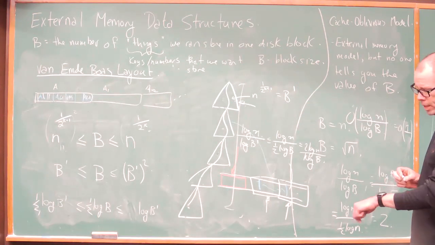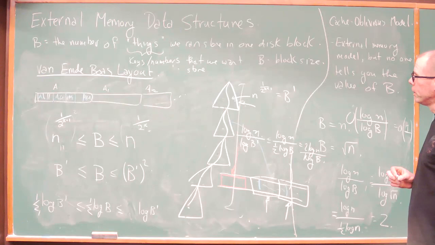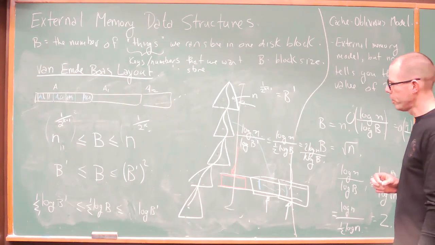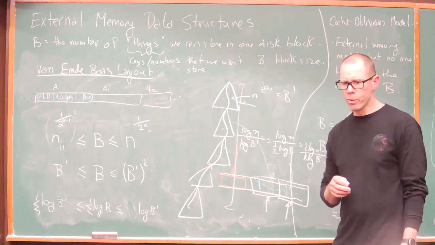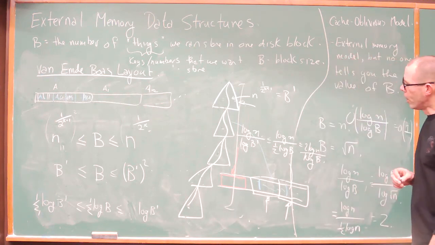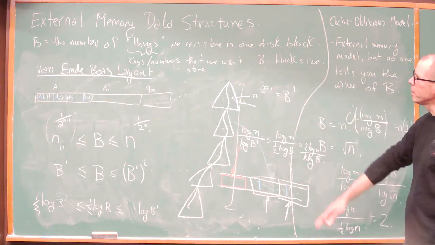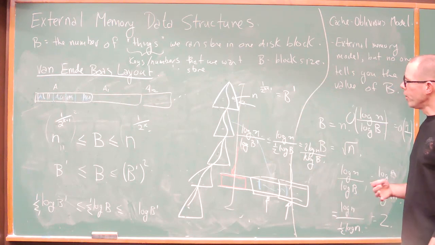Okay, so next class, we will look at making this dynamic so that you can add and remove values. So all I've shown you here is, if you give me the set of n values, how do you lay them out? But what if the values